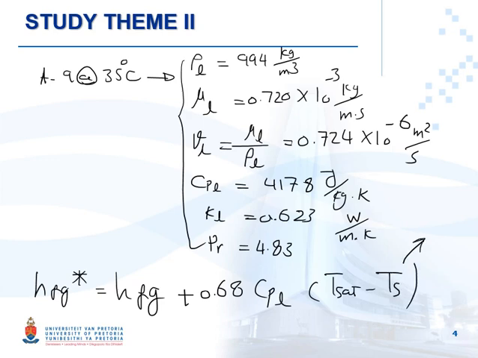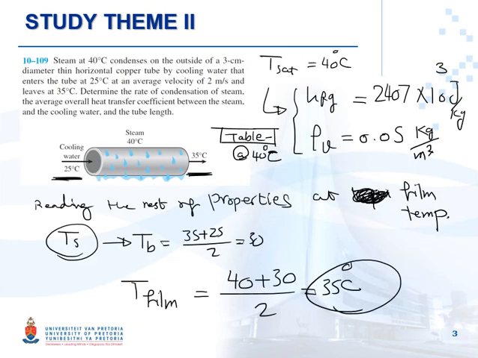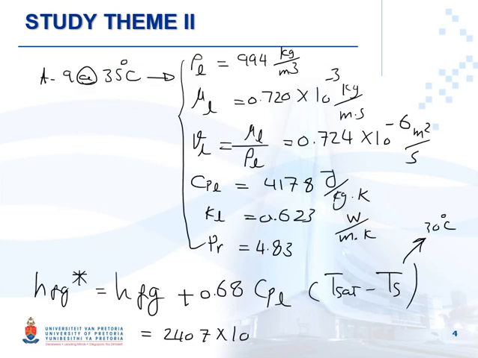I mentioned here that it's a bulk temperature that is 30, so we have all the numbers. 2407 times 10 to the power of 3